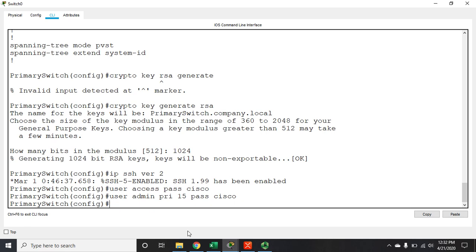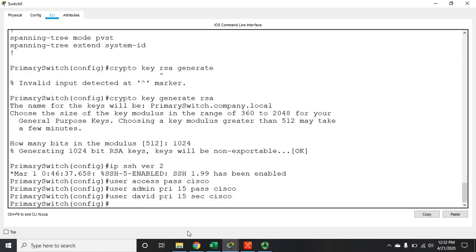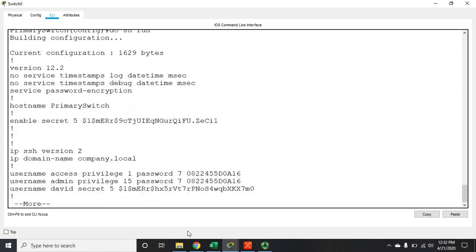All right, let's create another one here. User, and I'm going to create one for myself this time. Privilege 15, and I'm going to use my secret. I'm going to use the same thing because I'm being lazy today, and that'll give it to me as a higher level of encryption. So if I do my do show run, now I'm going to see I have a